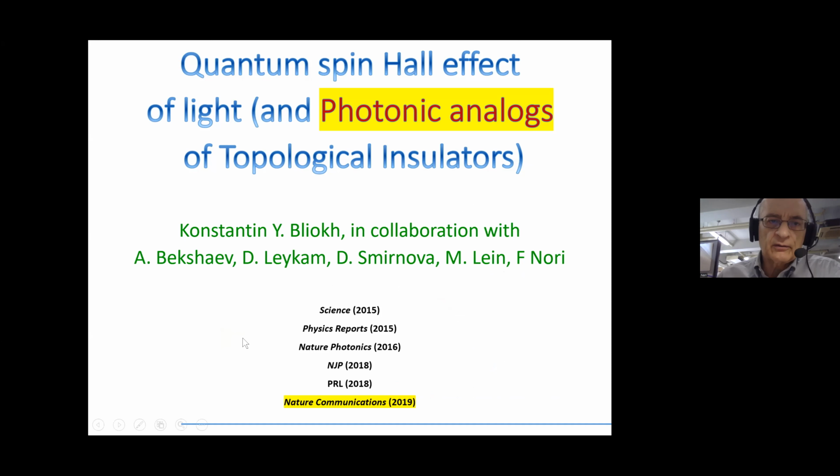Okay, so I would like to talk about the quantum spin Hall effect of light and photonic analogs of topological insulators, namely bringing ideas from fermions to bosons. Of course, the differences between them are obvious. Anyone can see the difference between fermions and bosons, but the analogies are the focus, which are